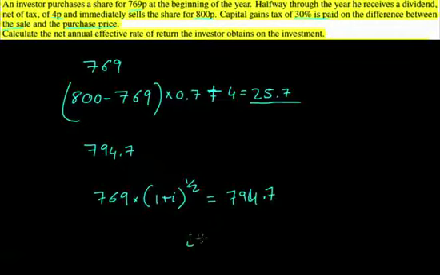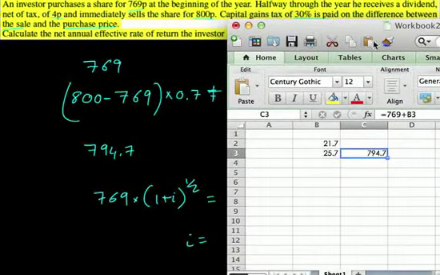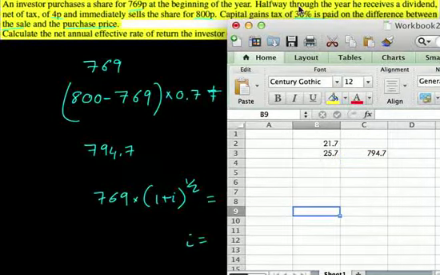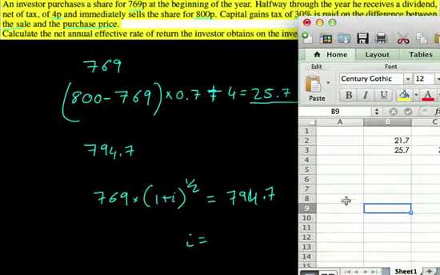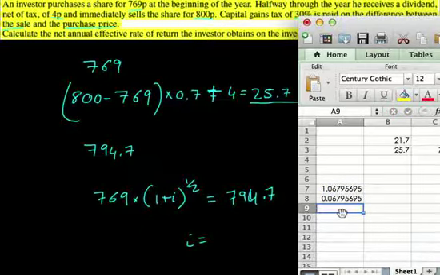794.7. Therefore our i equals, let's just use Excel for this one. Alright, so I'll just fill it in over here. We say equals 794.7 divided by 769, equals that, to the power of 2, equals that, and then minus 1 if you want to. So we actually get